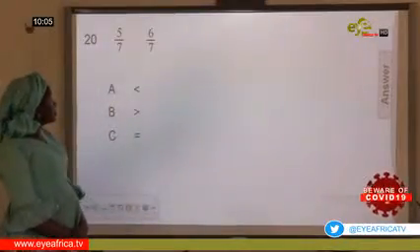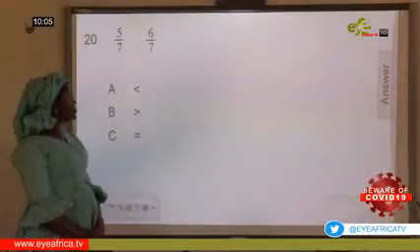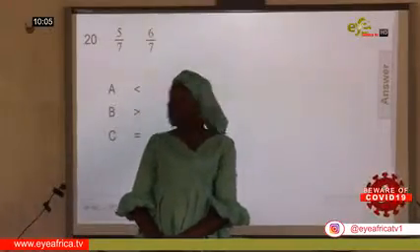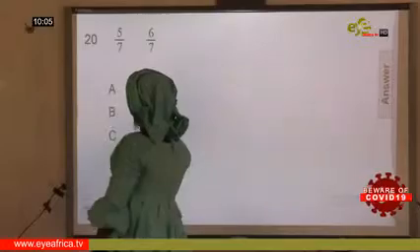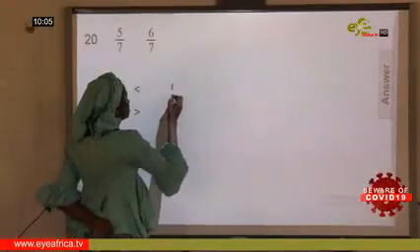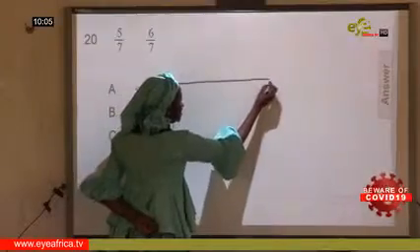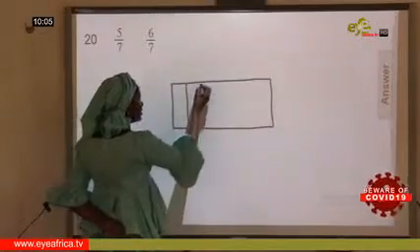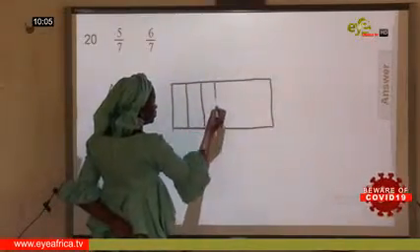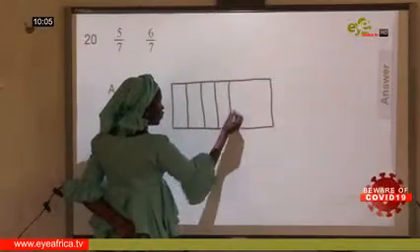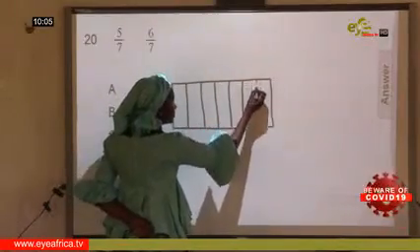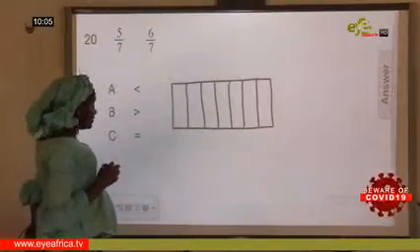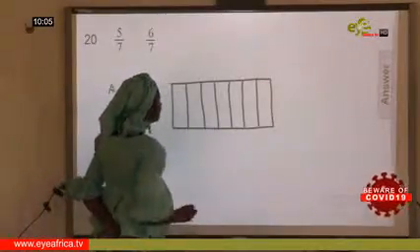Five sevenths and 6/7. Which one is greater and which one is less? Or are they equal? Now let's use the chart. We are going to divide the chart into 7 equal parts. 2, 3, 4, 5, 6 and 7. 5/7 will be